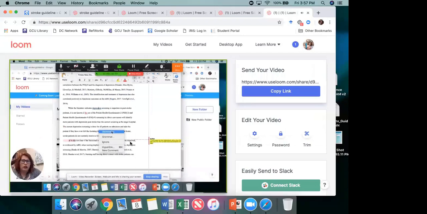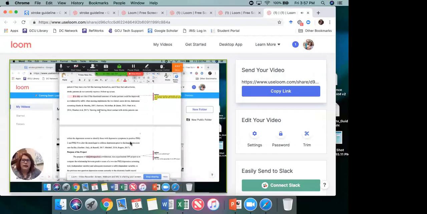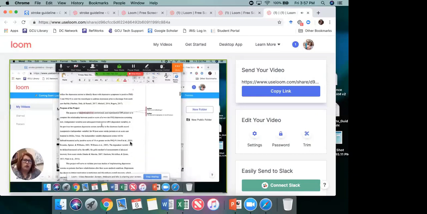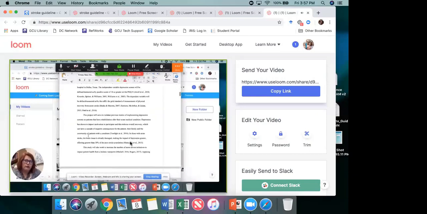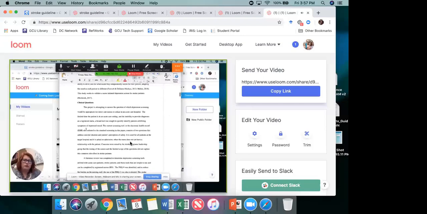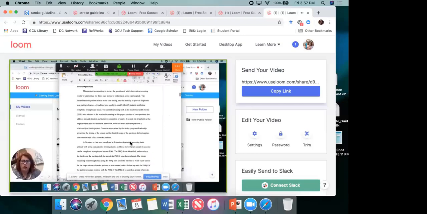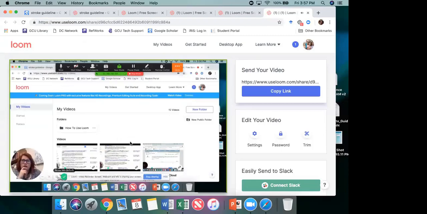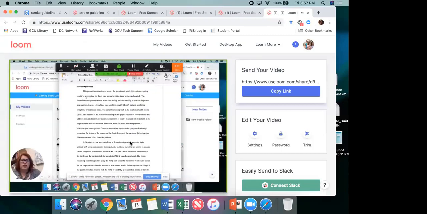So you can see it allows me to do things. I don't agree with this comma, so I keep ignoring that one. But so I could add things right in the paper. I could type in here. I could just pull up things that I had previously done, or if, again, as Georgette was saying, if I was going to maybe pause my video here, and I pull this up and just start talking to the student about, I have concerns about this paragraph. I think maybe it's written in the wrong tense. Just whatever it is that you want to say to them, or maybe a clarification, and then